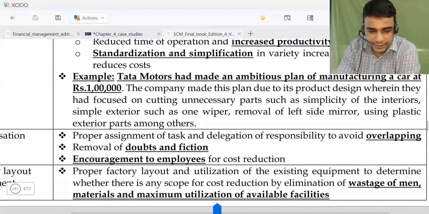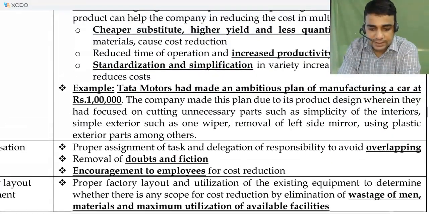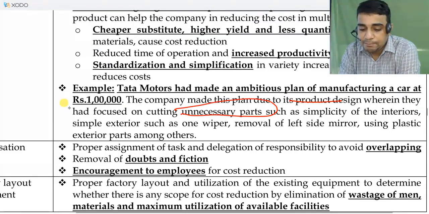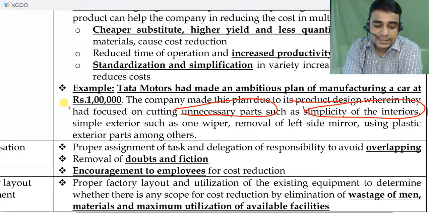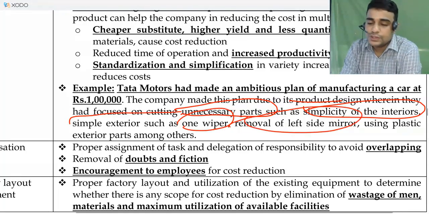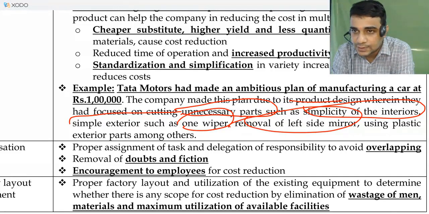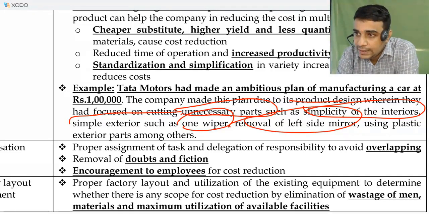They ended up doing this. The company made this plan due to its product design, cutting unnecessary parts, simplicity of the interior, simple exterior, one wiper, removal of left side mirror, using plastic exterior part, among others. So they tried doing all these changes. Because of these changes, they were able to pull down the cost to a 1 lakh level. Now ultimately this did not succeed because of other reasons, but they tried doing something because they